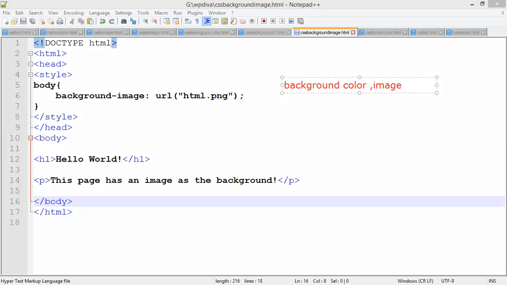Because if you take a text box, if you take a button, normally it will come in black and white only. If we want to add colors to the table border, or when we want to add colors to the text background or border for the text, we can easily do that with another property of CSS, which is called CSS border, right? Now let me tell you that property.